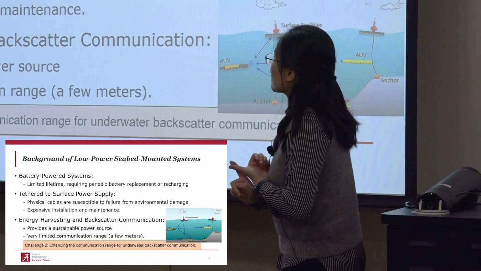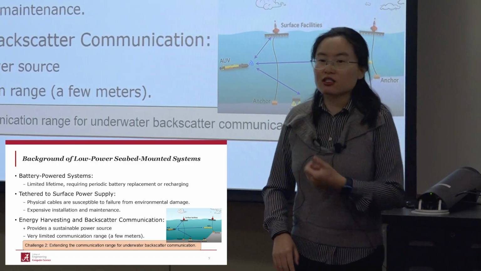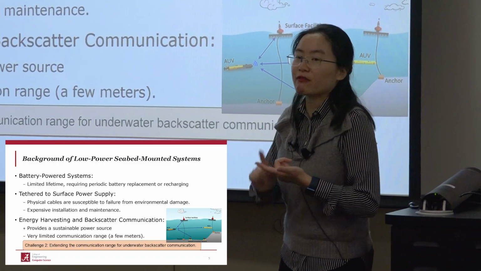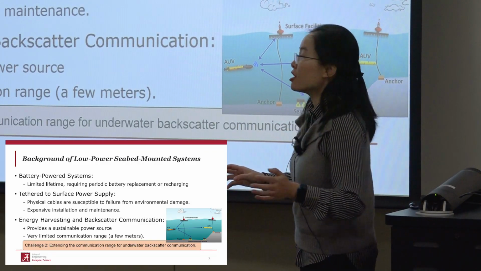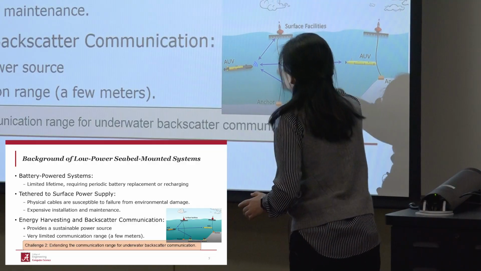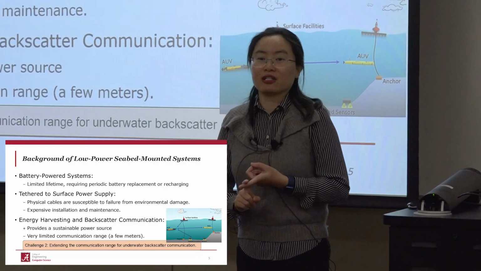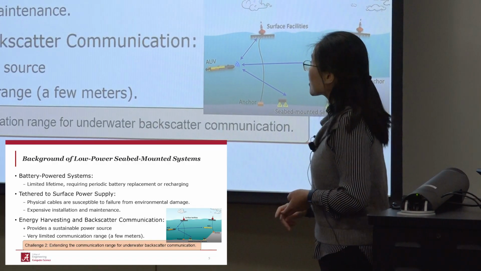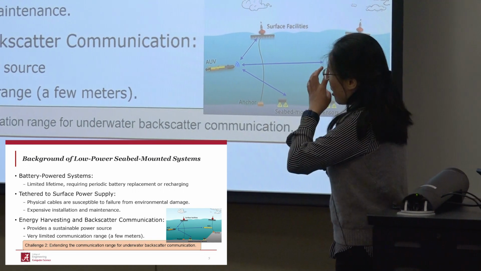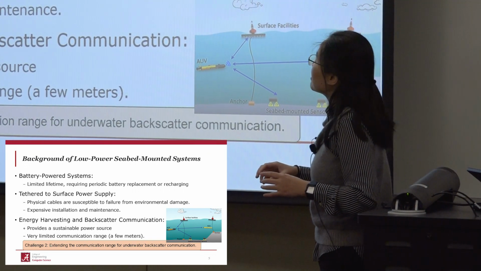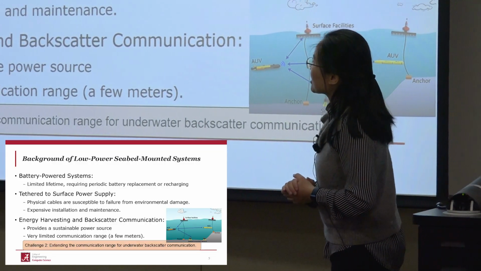The surface attachment and the cables are vulnerable to a lot of issues, for example, the current, severe weather, and marine animal interference. So installing and maintaining the cables is also very expensive and time consuming. So those two are both very expensive and time-consuming,